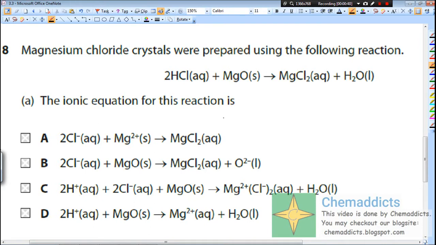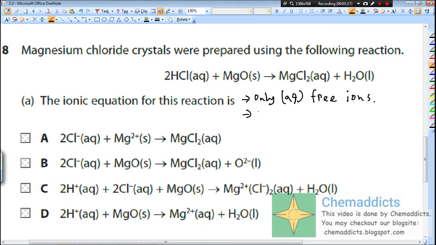Okay. So now what we need to know is some points. Let us discuss some points before going to the conclusion. Here there are some specific points that we need to know, that only aqueous solution would have free ions. Okay, not solid or liquid. Only aqueous solution would have free ions.